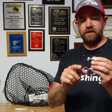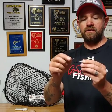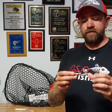The new Trocar Pro V heavy wire jig hook. This style hook, this radical bend, slightly down pointed point, penetrates really easily with the three-sided sharpened Trocar point, and that Pro V gives this hook almost zero flex. A lot of 30 and 40 pound fish have been caught with this hook, and when you stick them, it holds them. That's the most important thing. The other thing